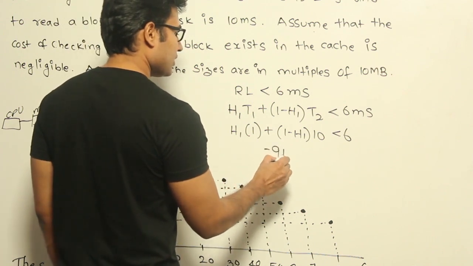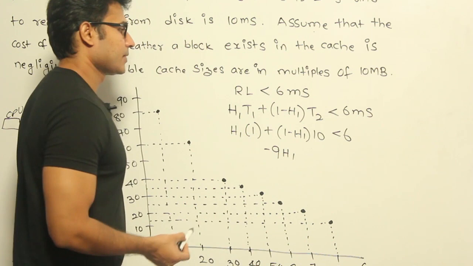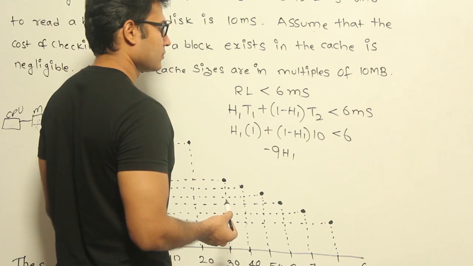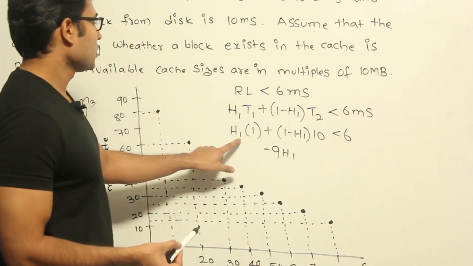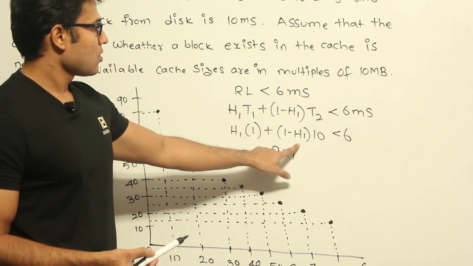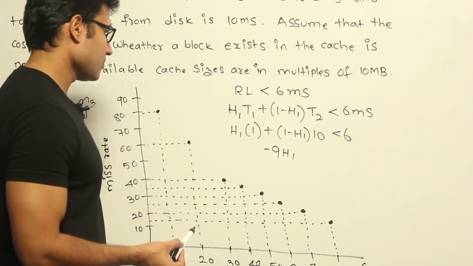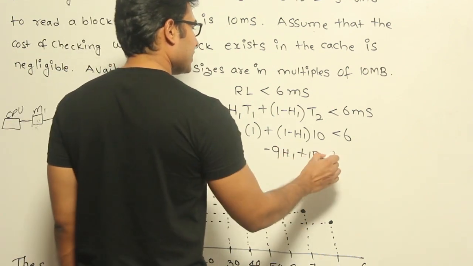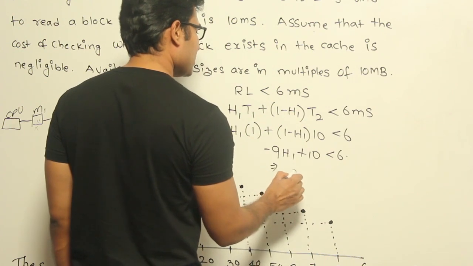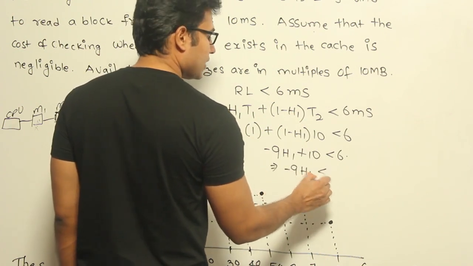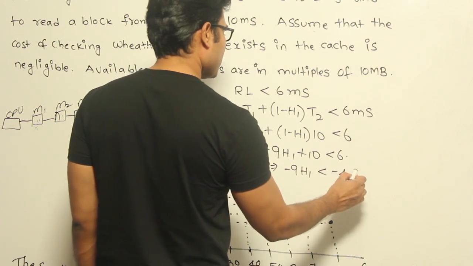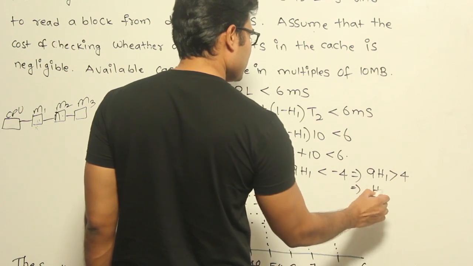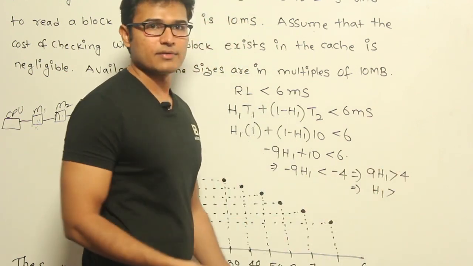Minus 9 h1 plus 1 is less than, isn't it? One second. So it is h1 minus 10 h1, so it is going to be minus 9 h1 plus 10 is less than 6. That implies minus 9 h1 is less than minus 4. That implies 9 h1 is greater than 4. That implies h1 is greater than, if you see 4 by 9, this is going to be